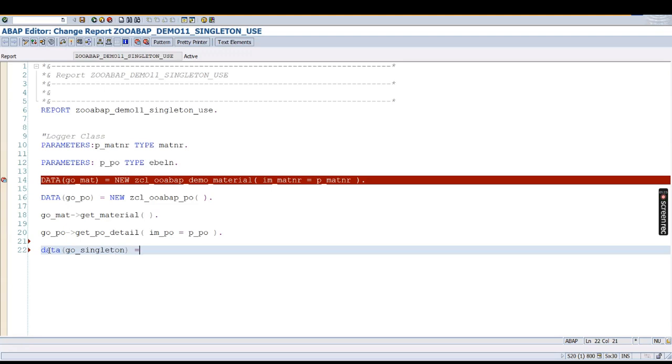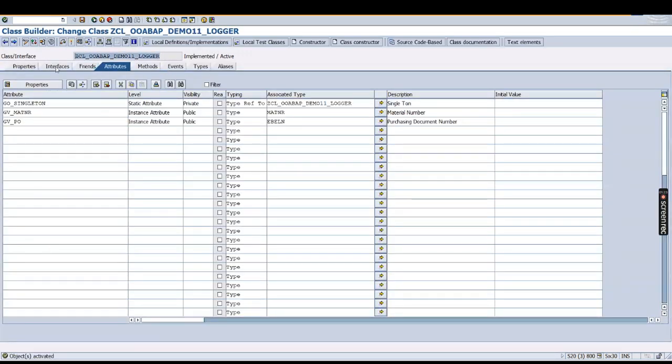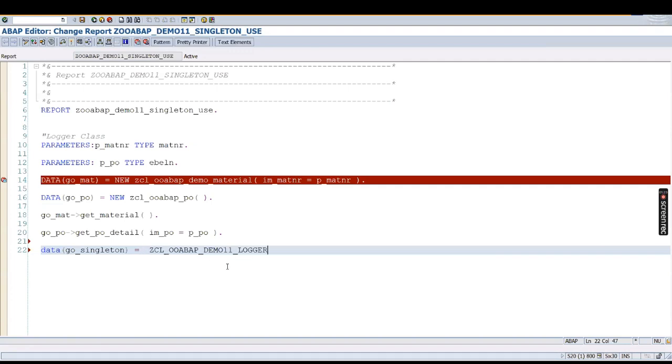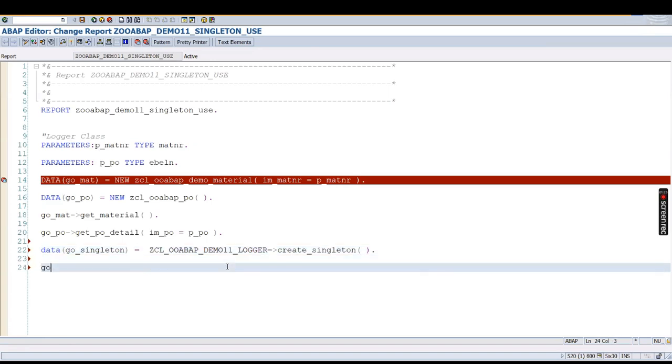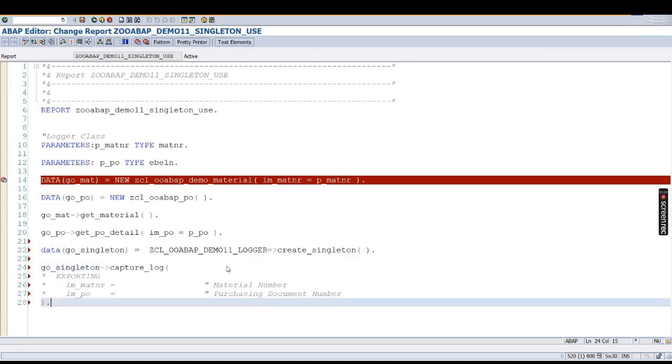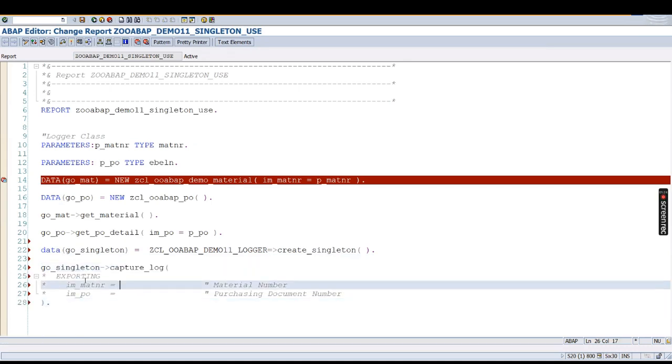It's going to give you the same object. Copy this, and here create singleton and go_singleton. And here also, if you want to capture the log,